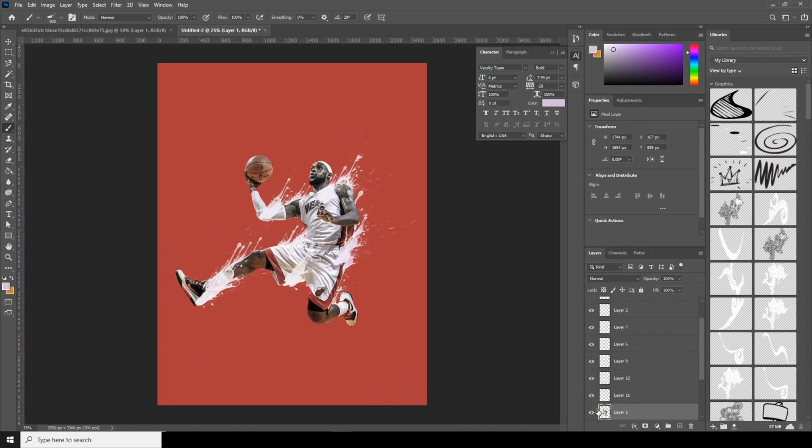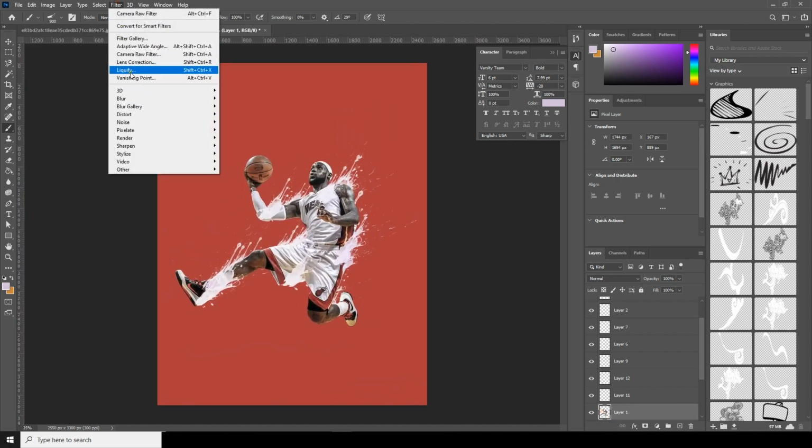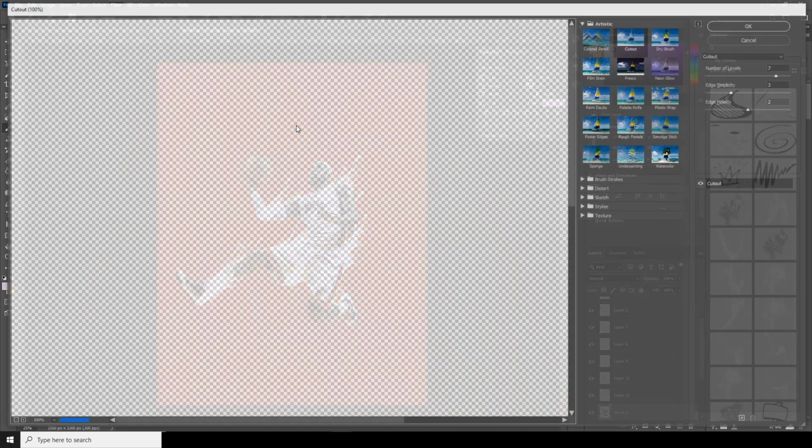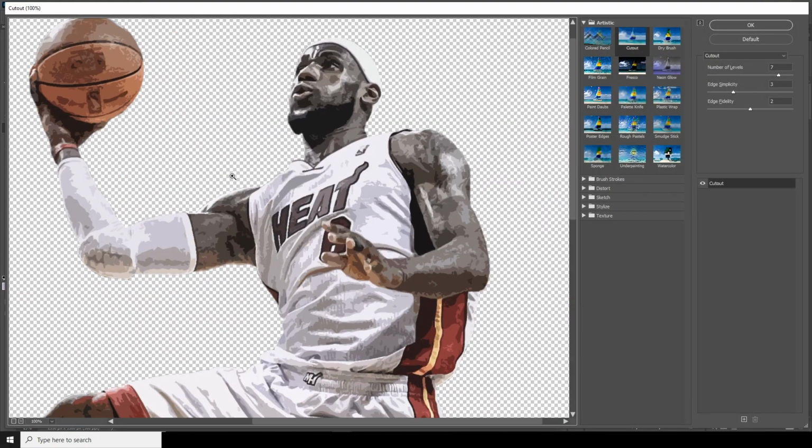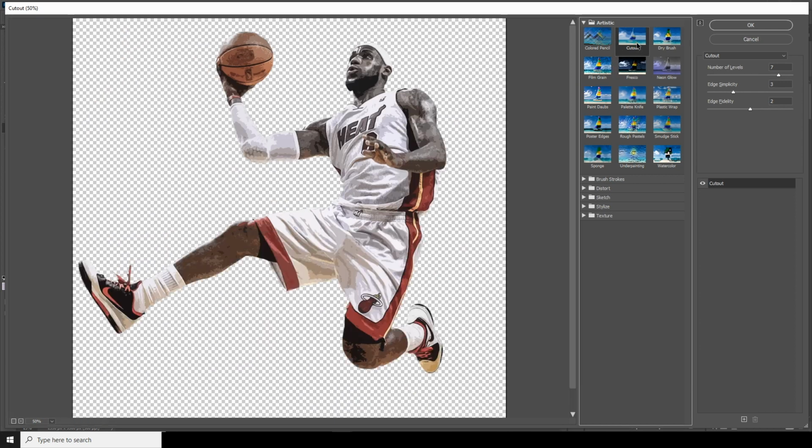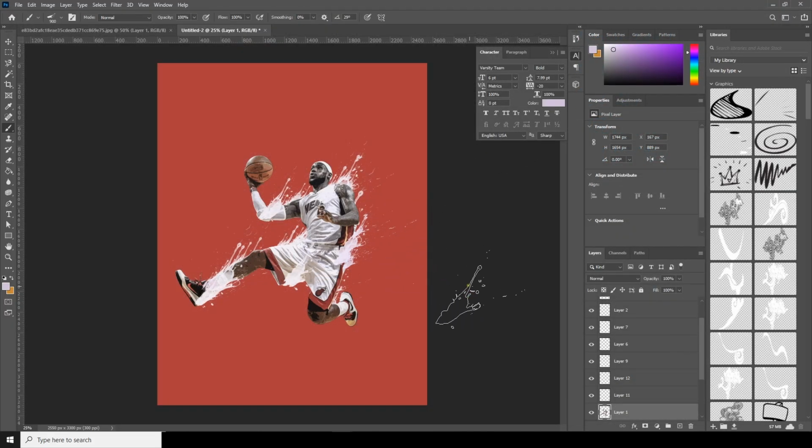Alright, and let's go to filter, go to filter gallery, and I'll just move for cutout. Let's change the levels to 7, edge simplicity to 2, and edge fidelity to 4. Alright, now